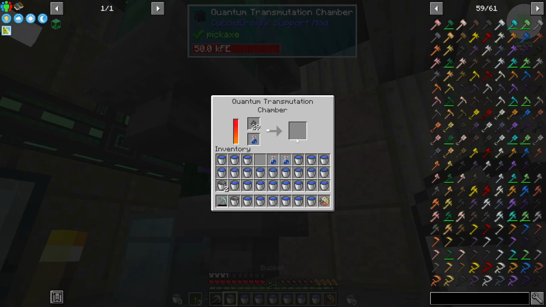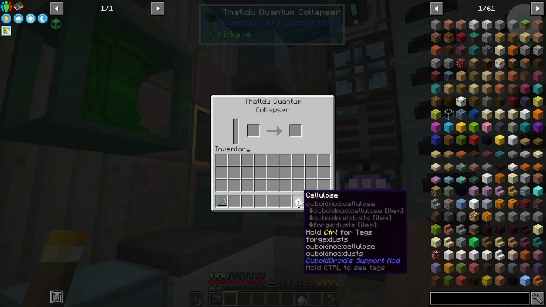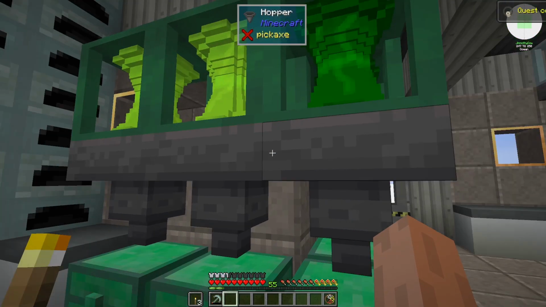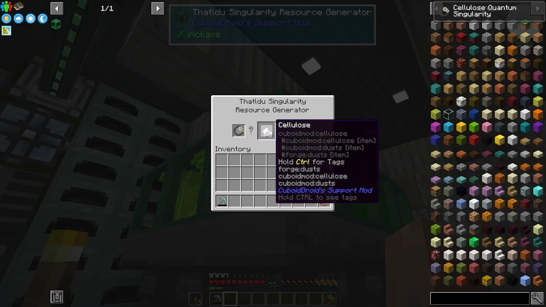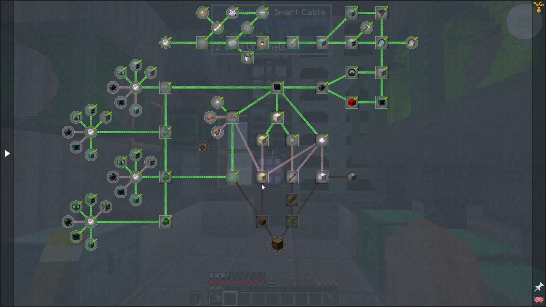Please use up the bottle. Please don't leave me an empty bottle. I don't want an empty water bottle. I don't get an empty water bottle. Good. Our stack of cellulose gets quantum collapsed into a singularity, and then it becomes a lifetime supply of all the cellulose you can eat. With that, we can make...